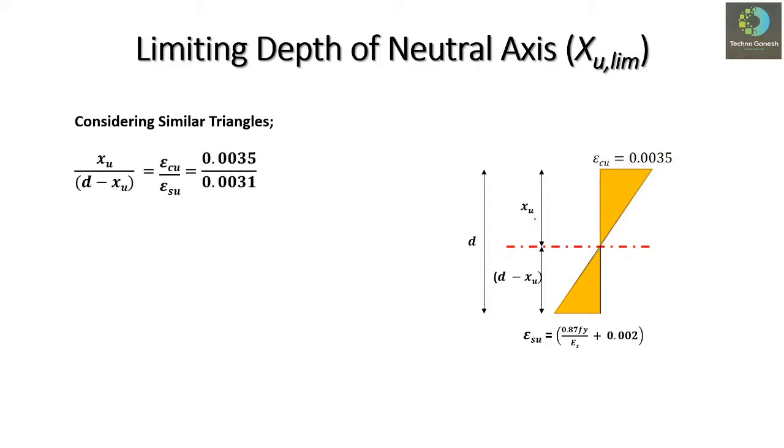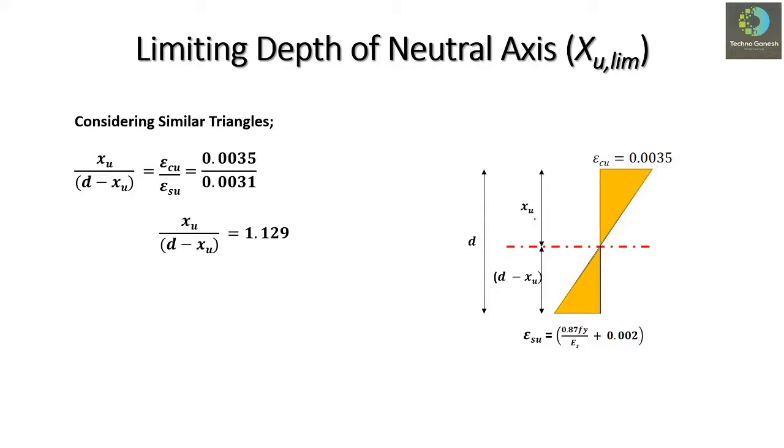So we utilize the similar triangle concept: xu upon d minus xu equals epsilon cu upon epsilon su. If we put in the values of epsilon cu and epsilon su, which I calculated earlier, that comes to